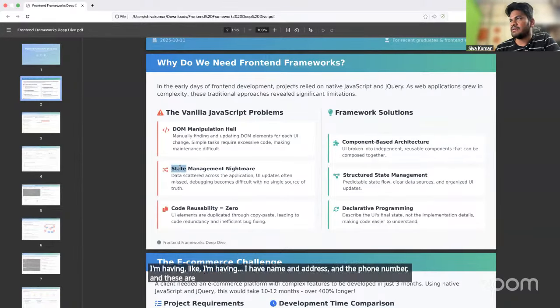And code reusability also. If you develop one particular component or function in vanilla JavaScript, we can't reuse it, and it is too difficult to fix the bugs. But if you are using Angular or other frameworks, we can go there and fix the issue because of reusability.